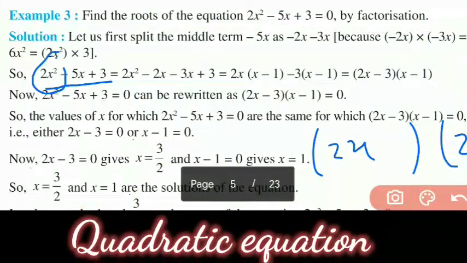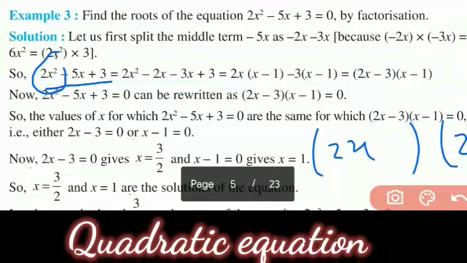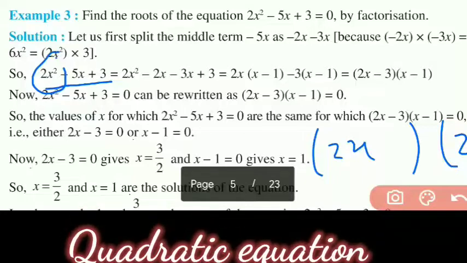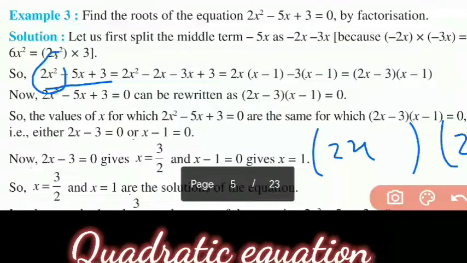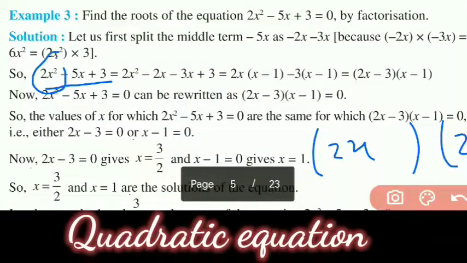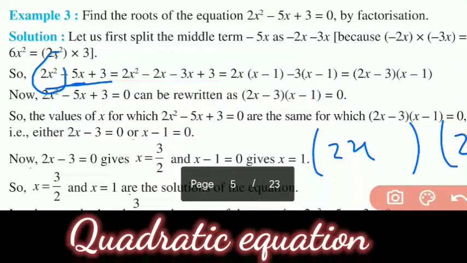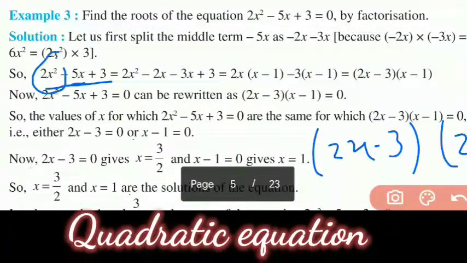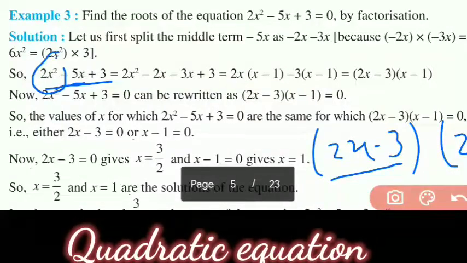Again you will do the same thing: you need to factorize. So what will you get? You will get -3 and -2. When you factorize 6 to get -5, you write -3 and -2. Anywhere you can write -3 and anywhere you can write -2. Now you have found two brackets. What is the HCF of 2 and 3? 1, no need to do anything.